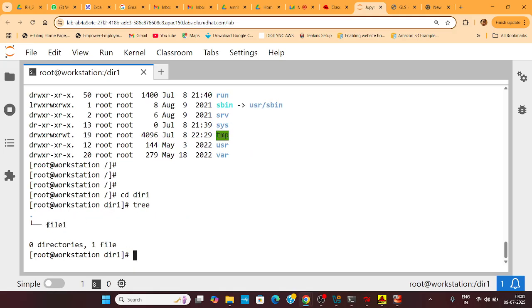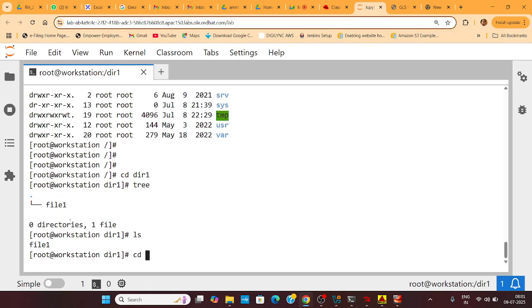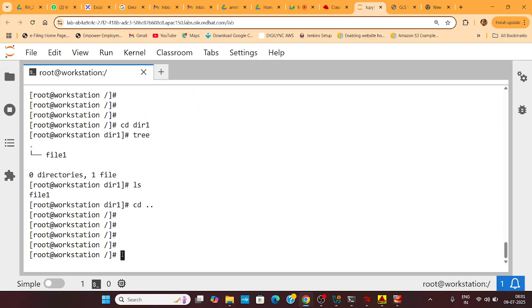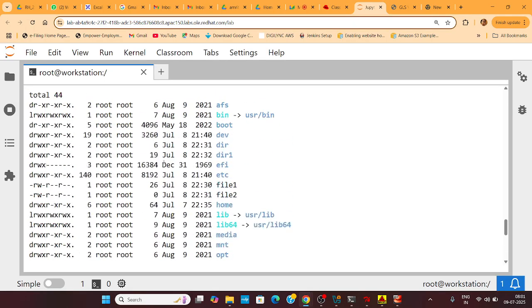There is one file available. Okay, I created only one file, not a directory. Inside the directory one, I created only one file. So there is only one file available. And what is the command? What is the process of the command executing? I'm doing it, so I will explain this one. So this is clear, right? I hope